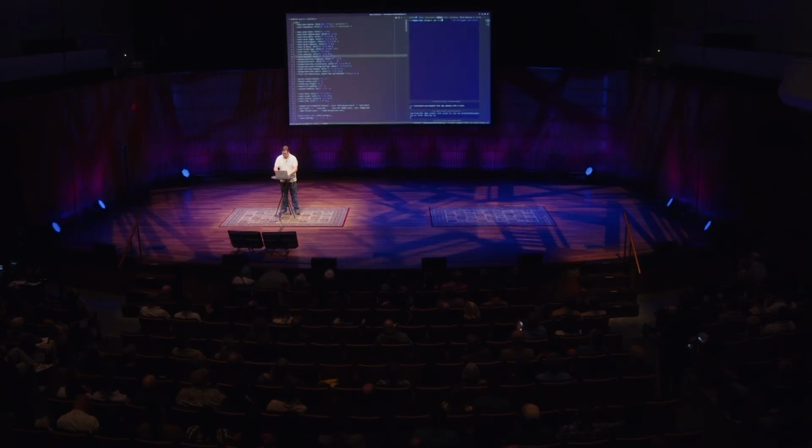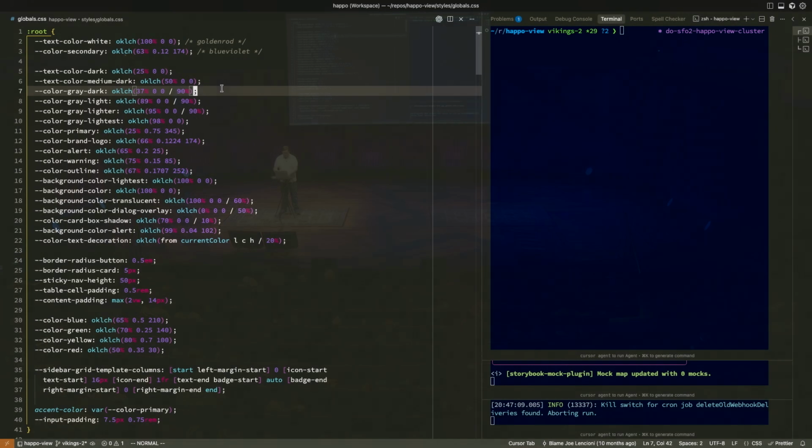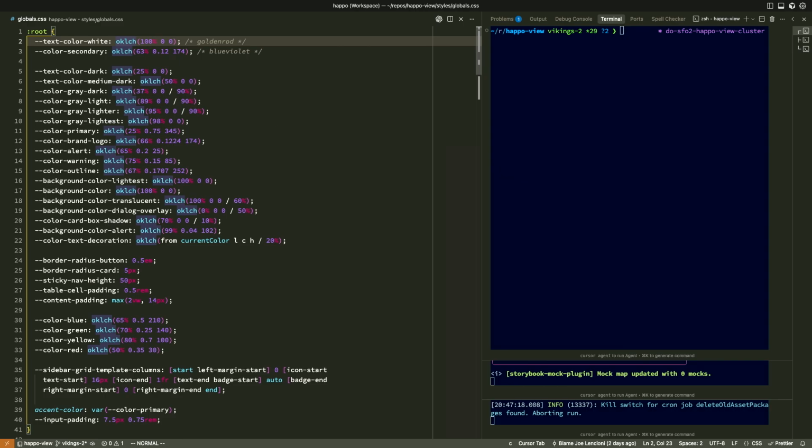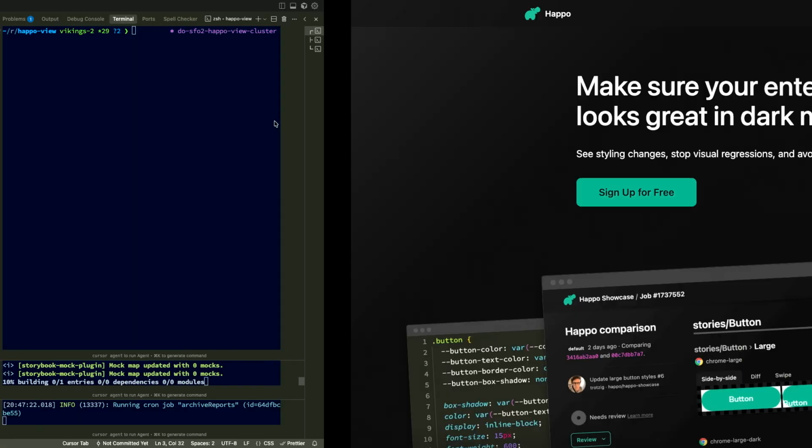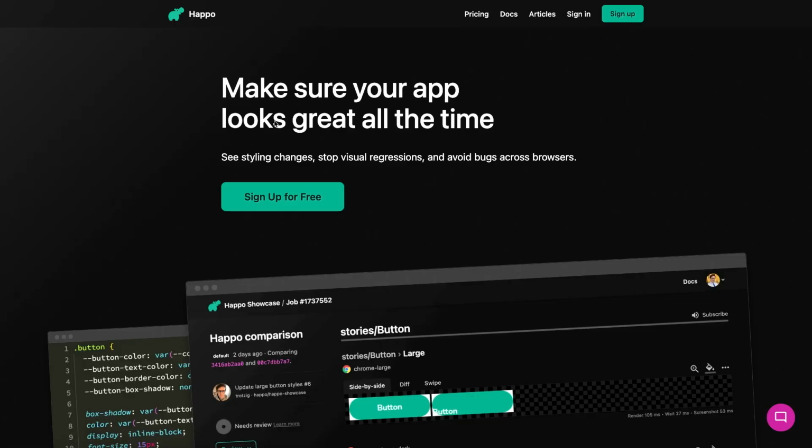We're going to do a little live coding. And here we have our global CSS style sheet. And we're just going to tweak a couple of colors here. And we have goldenrod and blue-violet. We save that, and we jump back,